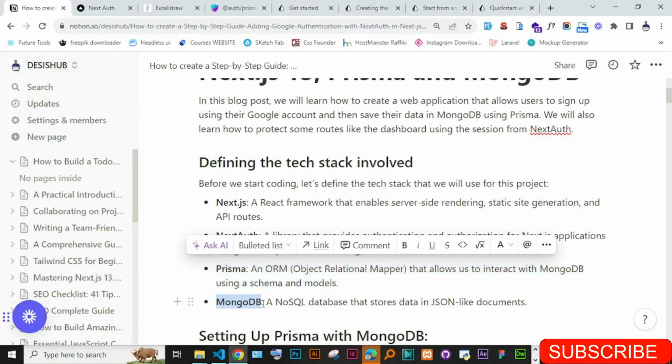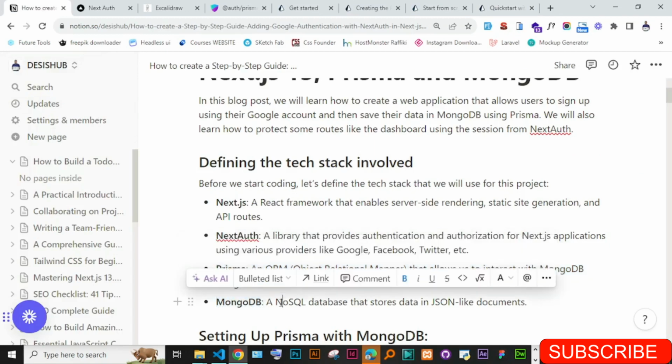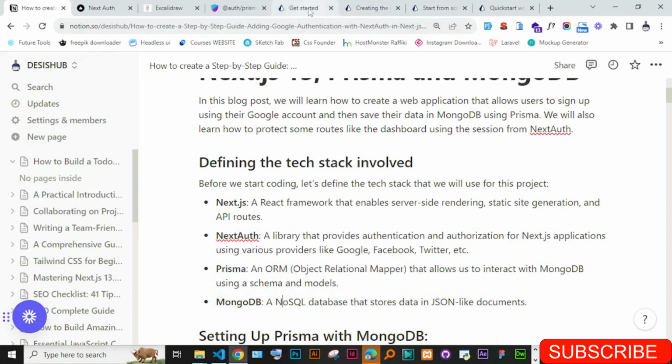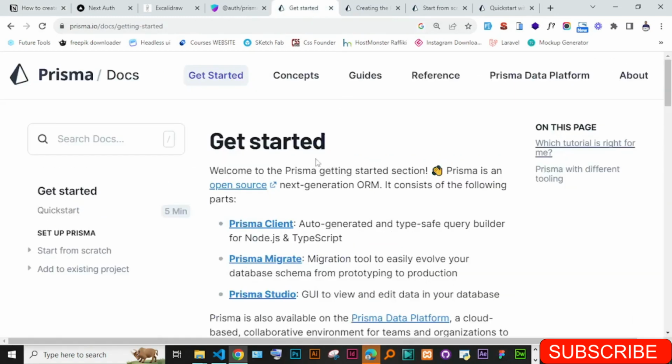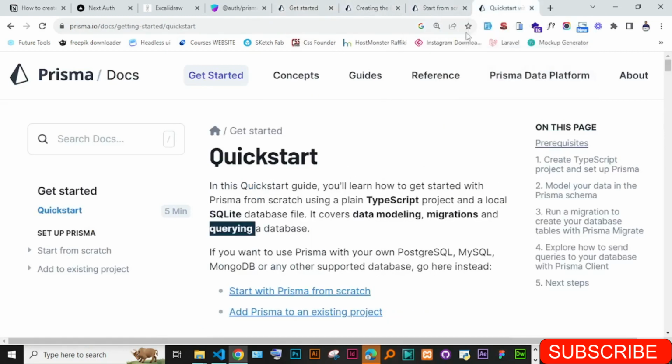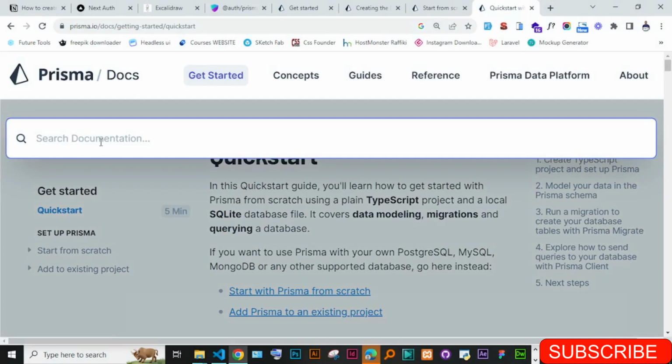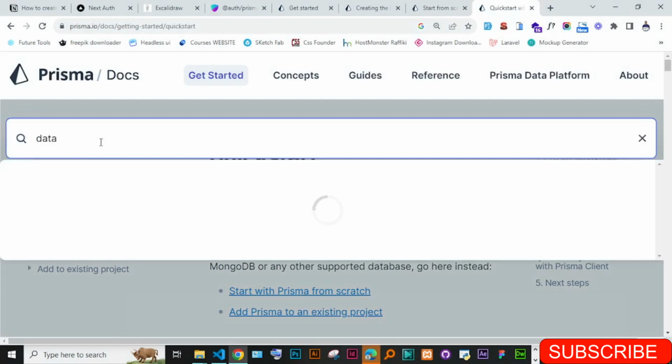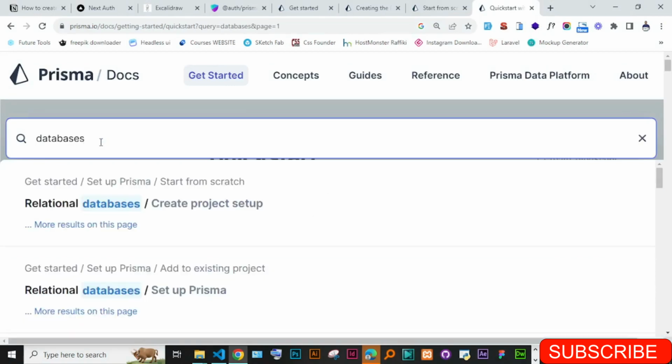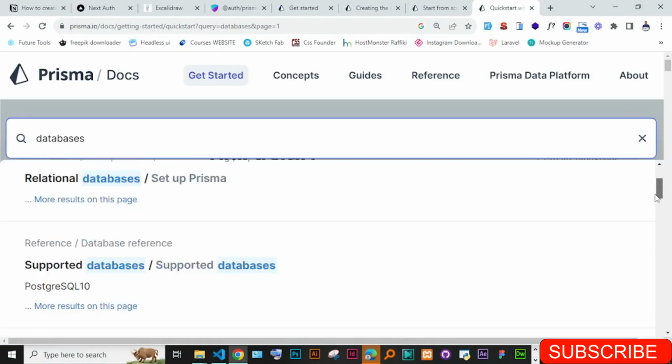And then another thing, we're going to use MongoDB. MongoDB is one of the databases that Prisma supports. Okay, Prisma supports MongoDB, and if you go and search something like databases in their documentation, you can read about the databases that they support. They support a lot of databases, and to be specific,